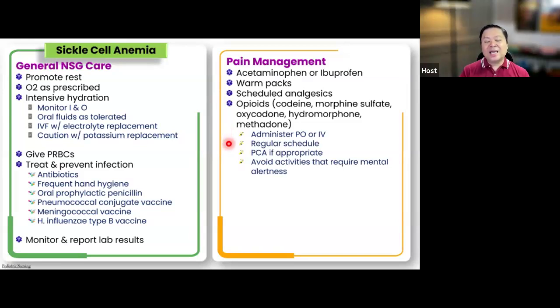So they can get the benefit of the patient-controlled analgesia, which is much more appropriate. So they can receive maybe a morphine PCA, or let's say a Dilaudid PCA. And so they will have some sort of independence to control their pain. But again, nurses should not neglect monitoring the patient's pain level while we are taking care